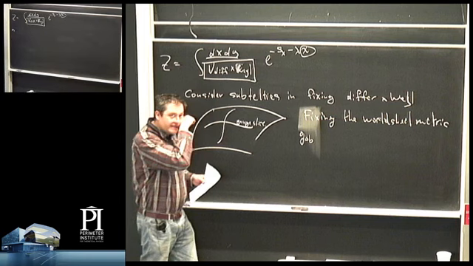That will introduce the idea of moduli. How do moduli show up in string theory? And then we will learn about conformal Killing vectors. So we're going to consider subtleties in fixing